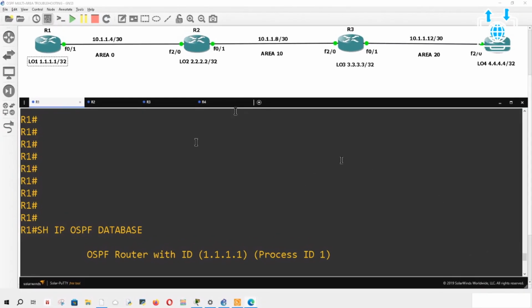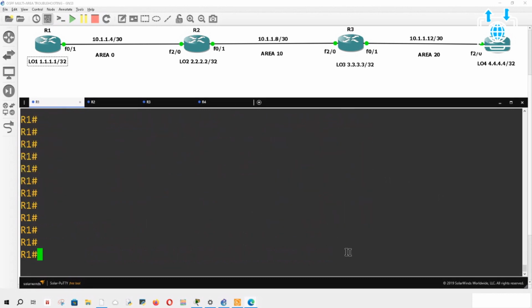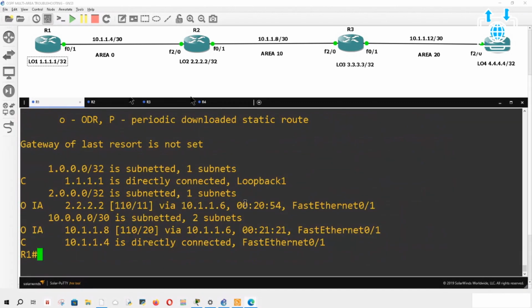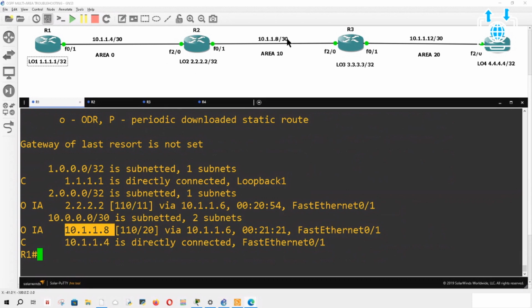Boom. All right, so what we're looking at here, let me do a Control-C. There's a million commands you can do, but the first command that I like to do in, let's say, router 1, obviously, is show IP route. What am I learning? In a multi-area OSPF, I am learning about the 2.2.2.2 from 10.1.1.6. If I'm learning 2.2.2.2, it's not directly connected to my area. That means that this 2.2.2.2 is part of this area because I'm learning it from OSPF. And then I'm learning about the 10.1.1.8, which is right here.